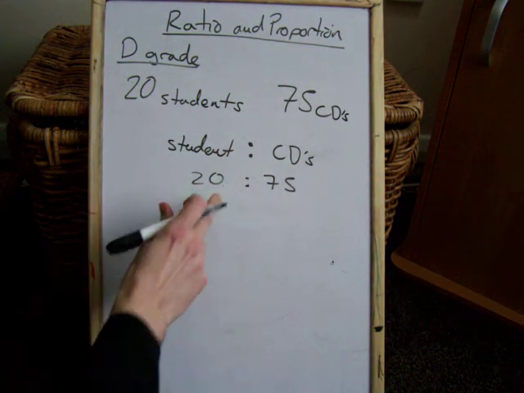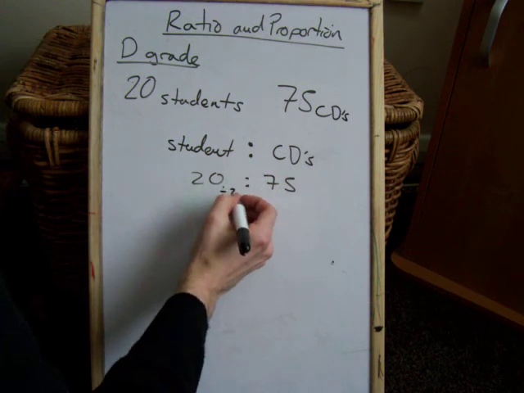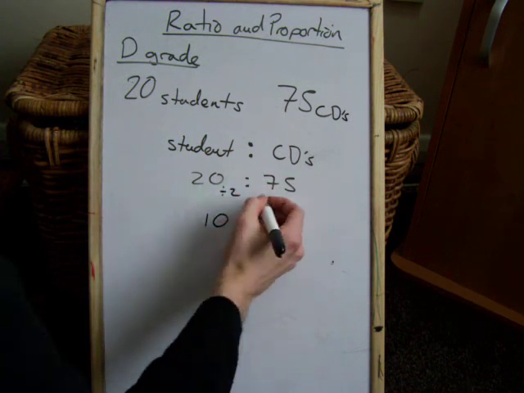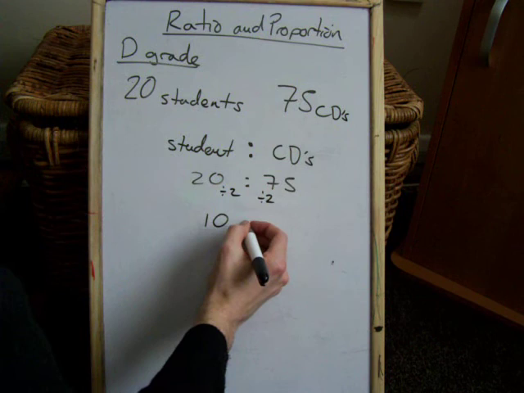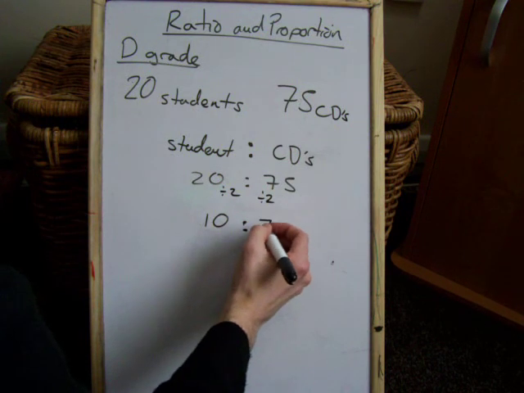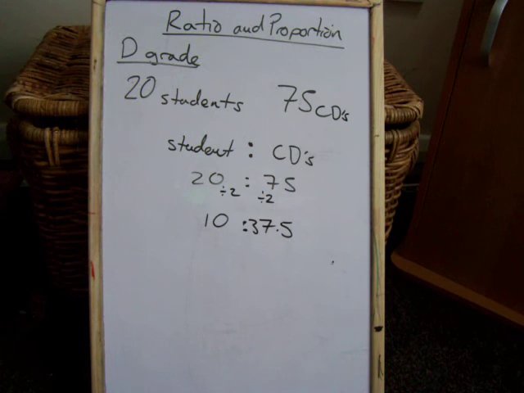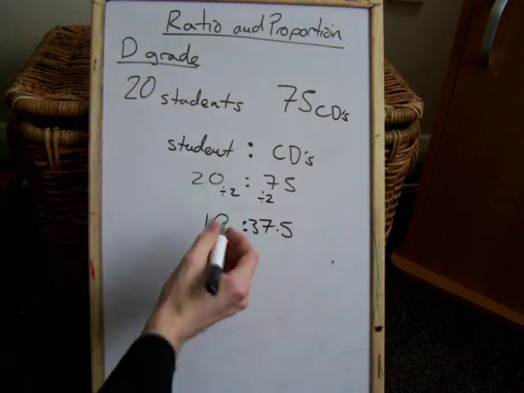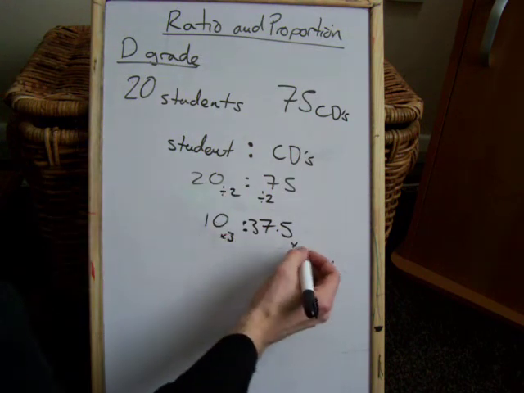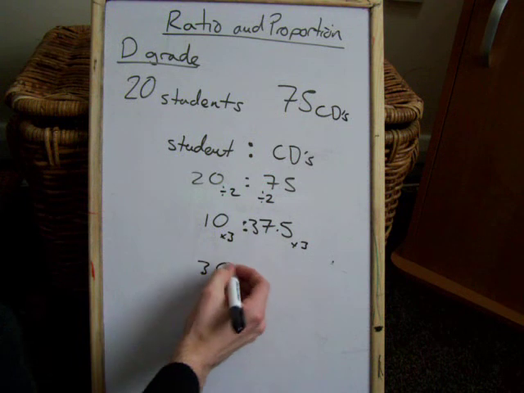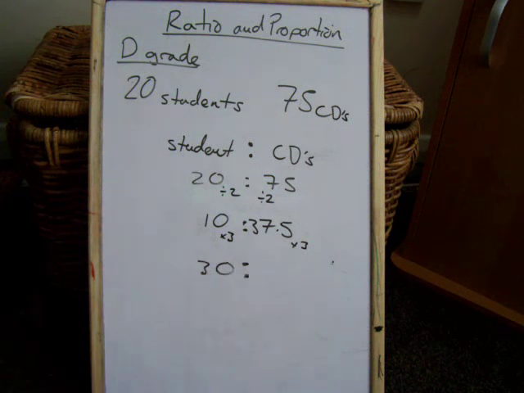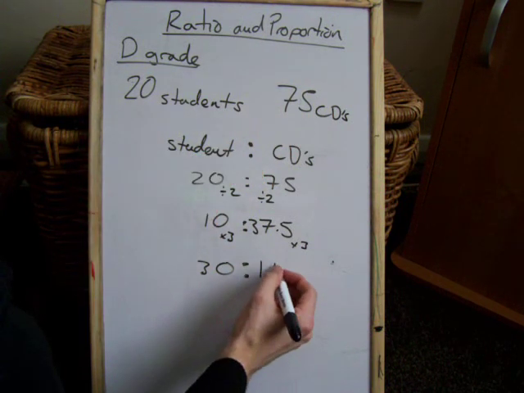Okay, so I want to make 30, so I'm going to divide by 2 to get the ratio of 10. I'm going to divide this one by 2 as well. I'm going to get the ratio of, if I get this right, 37.5. That should be half of 75. And then if I want the 30, then I'm going to times by 3, and I'm going to get 30 students. I would expect to have 3 lots of 37.5, so that's 37.5 onto 75. Gosh, that's going to be 112.5